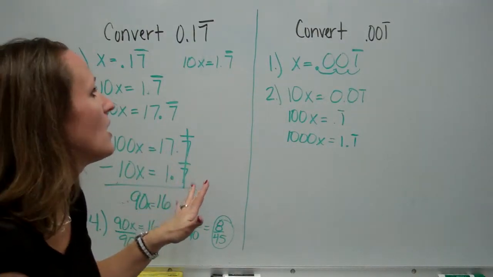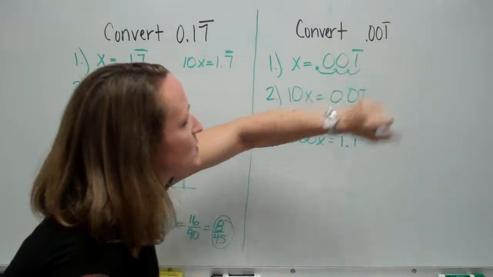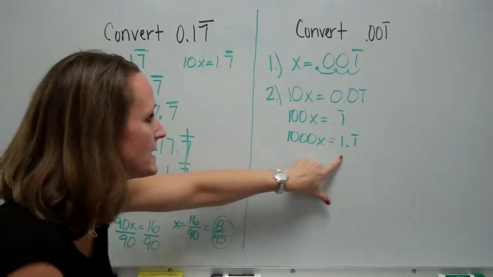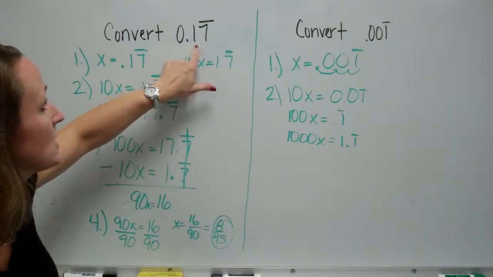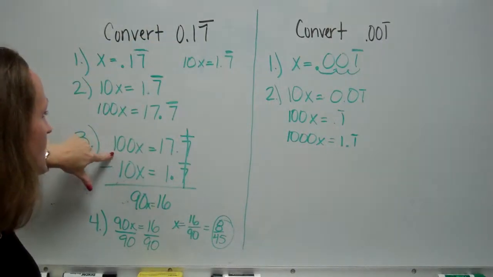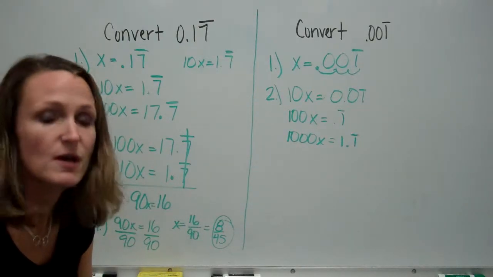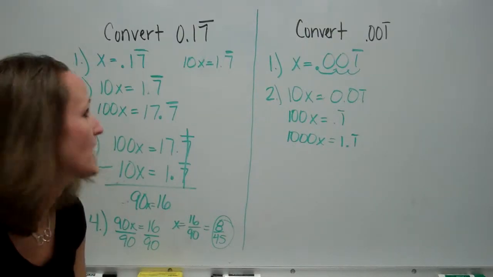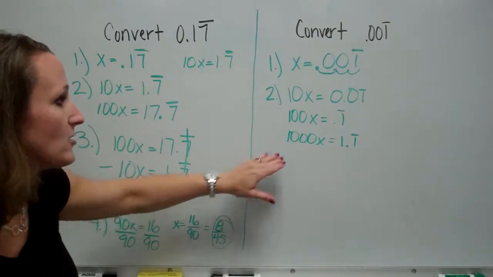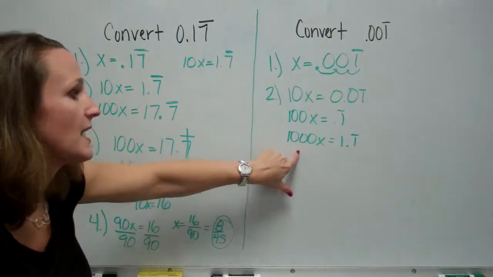So, are you seeing the pattern yet? Here, this went to the thousandths position, and to get what I needed, I had to multiply by 1000x. In this one, it went to the hundredths position, and to get what I needed, I multiplied by 100x. If you look back at example 2, it also went to the hundredths position, and I multiplied by 100x. So the pattern that you're hopefully seeing is that however many places it goes over, that's what you actually have